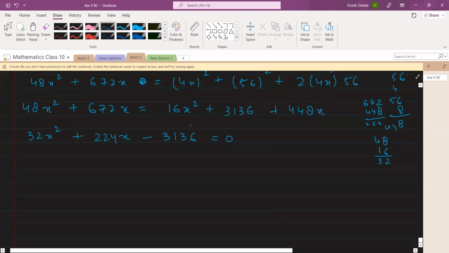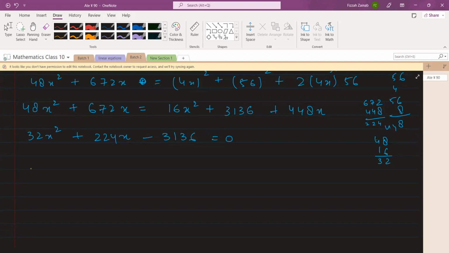Okay. So see, if you are not able to see what you can take common, start taking 2. One by one you can take, right? We can go with 4, right? We take 4. So 4 into 8 is 32, right? Plus 4 into 56 is 224x minus 4 into 784 is 3136. Okay. Now again you can take